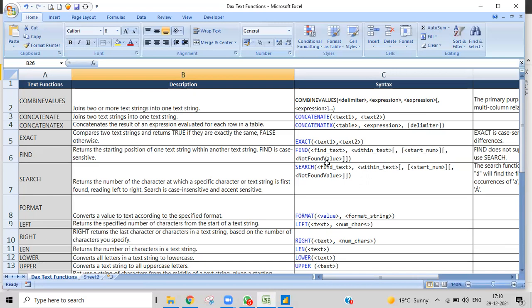At the same time, the not found value is also optional. The not found value is used whenever we don't find that value; then what we need to show is what we give there. That might be anything. And find is case sensitive. The search function does the same thing. It will search for a text part within another text, and returns the position of the first character of that find text, but it is not case sensitive.